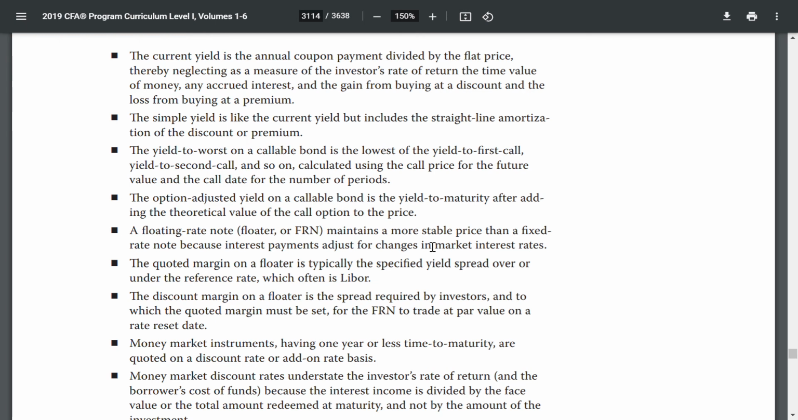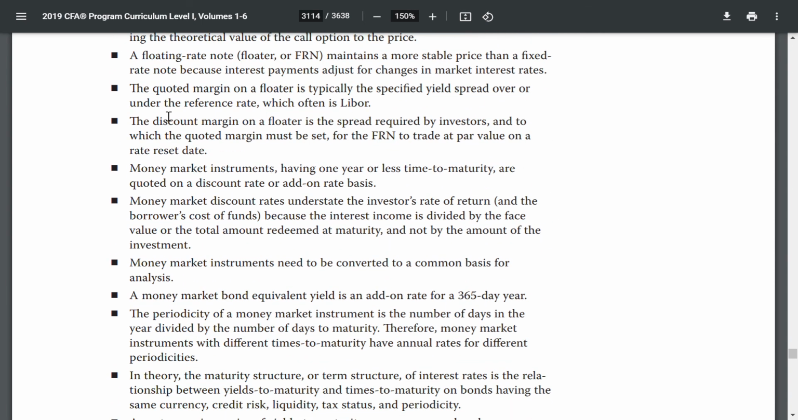A floating rate note, or floater, or FRN, maintains a more stable price than a fixed rate note because interest payments adjust for changes in market interest rates. The quoted margin on a floater is typically the specified yield spread over or under the reference rate, which is often LIBOR. The discount margin on a floater is the spread required by investors and to which the quoted margin must be set